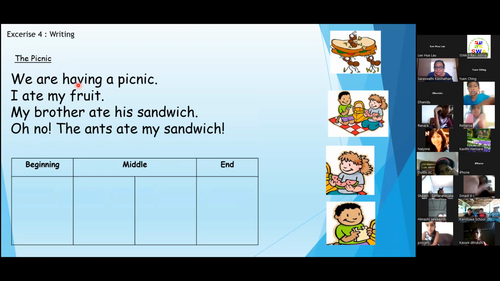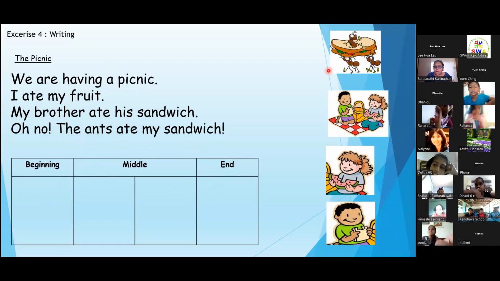We are having a picnic. Well done. My brother and his sandwich. Oh no. The ants ate my sandwich. Well done. I like the way you are very expressive and I like applauding. Good job, children. Okay, now that you have read the story, can you tell me